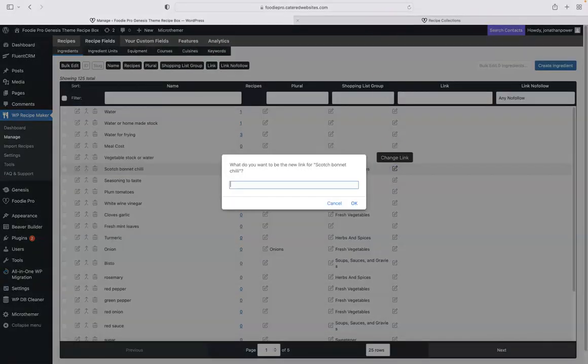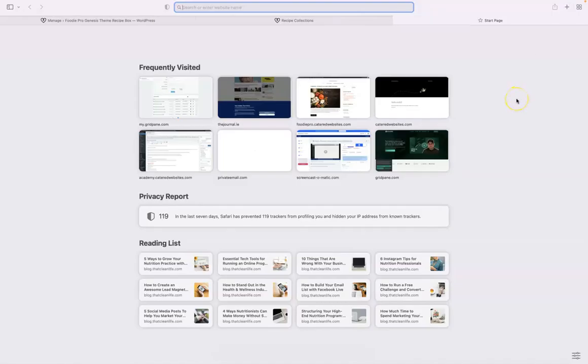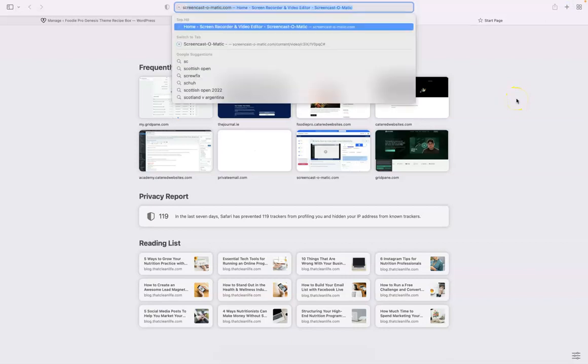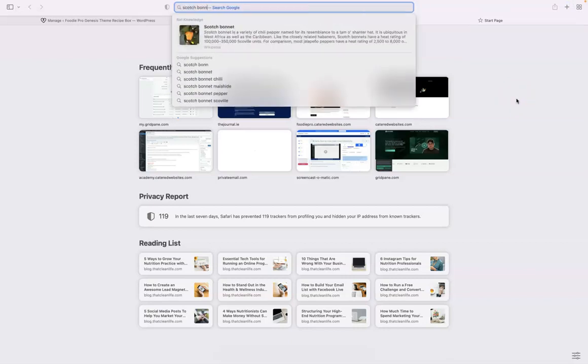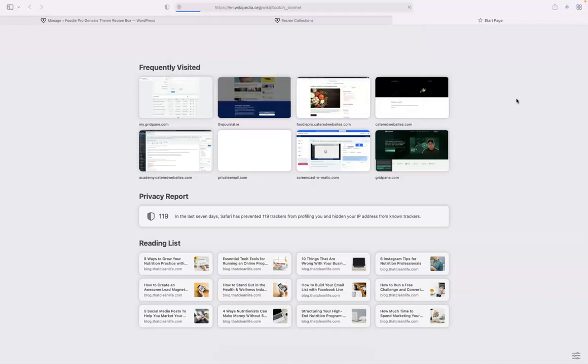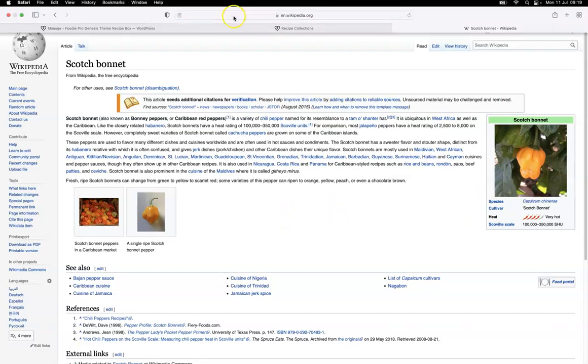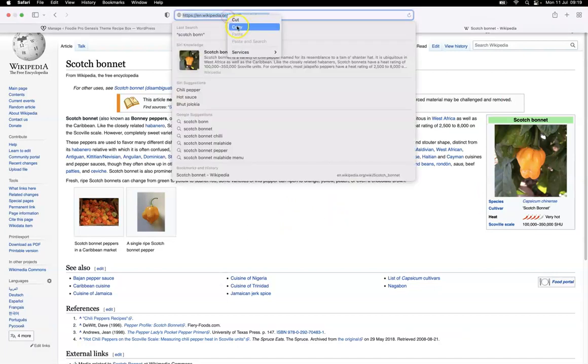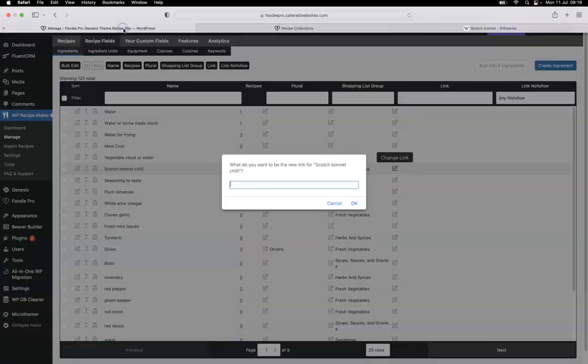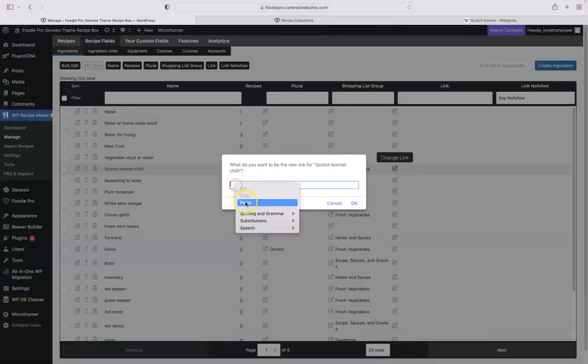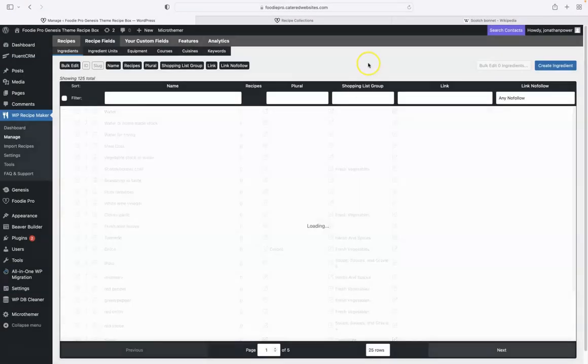We just go change link there, and I'm going to go SCOT, Scotch bonnet, and there we go. We'll go to Wikipedia, and there's an article about it now, and we will go up to the browser, we will copy the link, we'll go back to our website, we will paste the link there, okay,